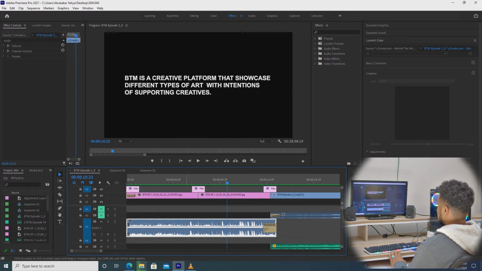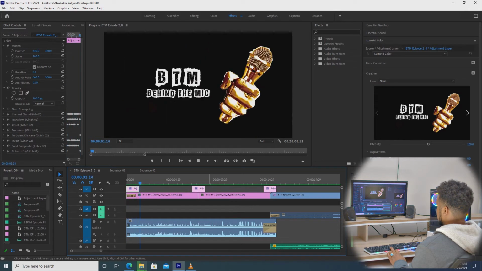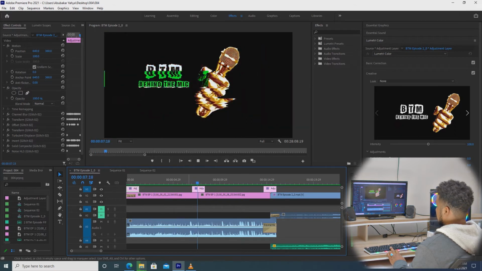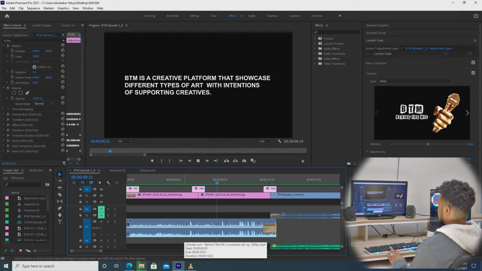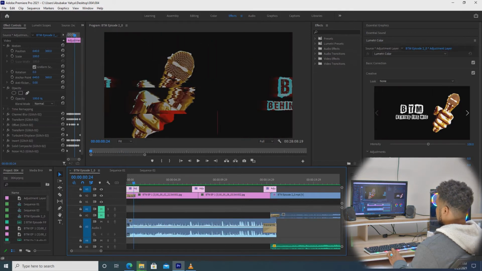So just to connect the two, the logo and this writing, I normally put transitions. And not forgetting the soundtrack below. So how I normally put these transitions,